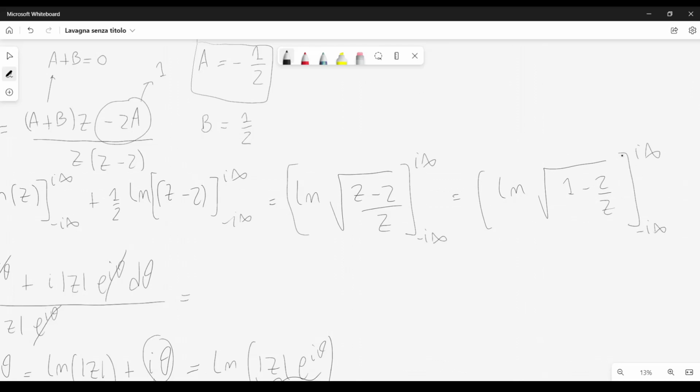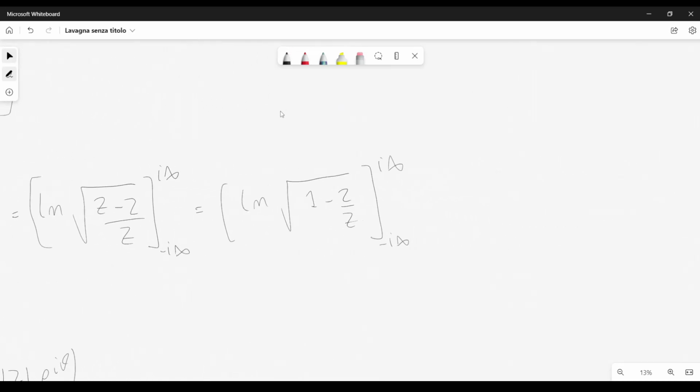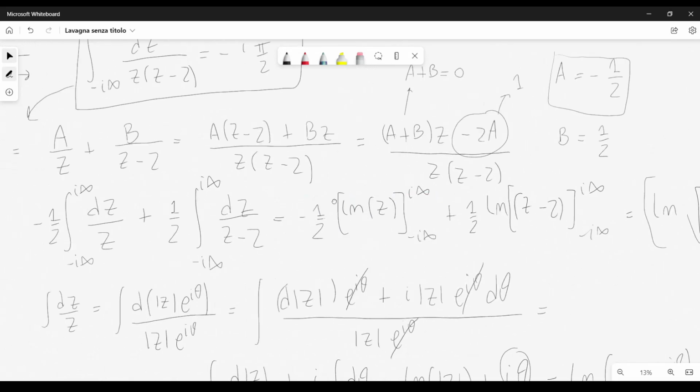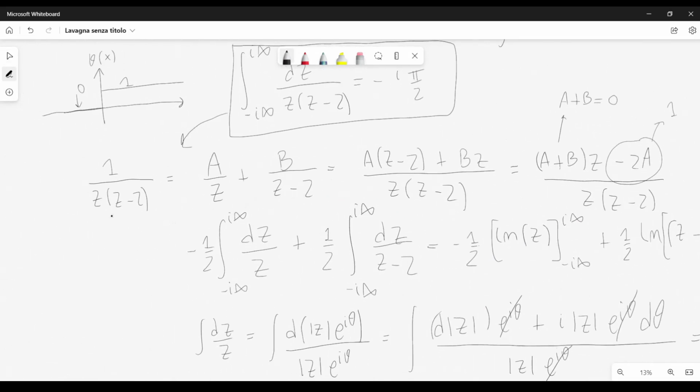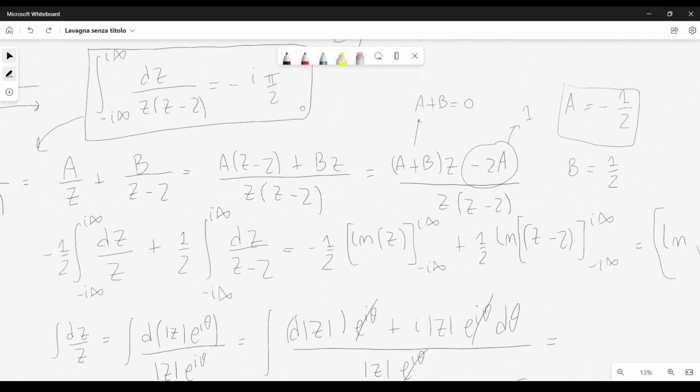Now we have to be careful, very careful, because in the starting integral here, the integral of this function dz from minus i infinity to i infinity is equal to the sum of these two integrals here. We have to be very careful here because when we integrate from minus i infinity to i infinity, there is a discontinuity. The discontinuity is at z equal to 0. So this integral here is problematic, is troublesome. But we can still